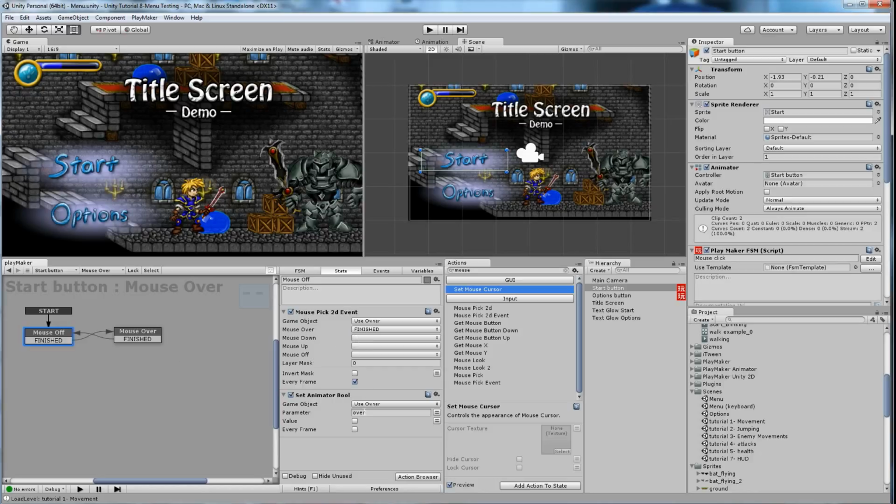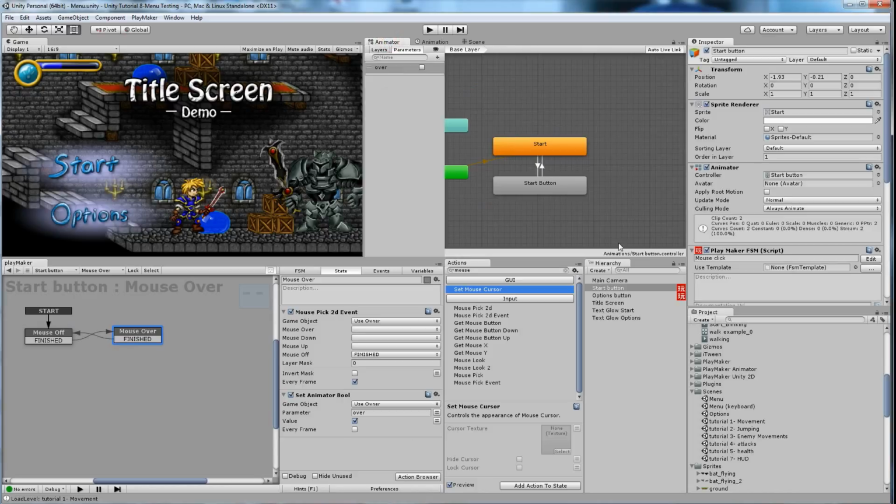over state is that it's waiting for the mouse over, which means the mouse is currently off of the button. So in this case, the animator bool is set to false, so it's not going to play the animation. Or in this case, if I click it, now the mouse must be over top of it because it's over. It's asking for if it's over on here, and it moved to this state, and now it's going to be saying the value must be true. And so with those two, the true and false options,